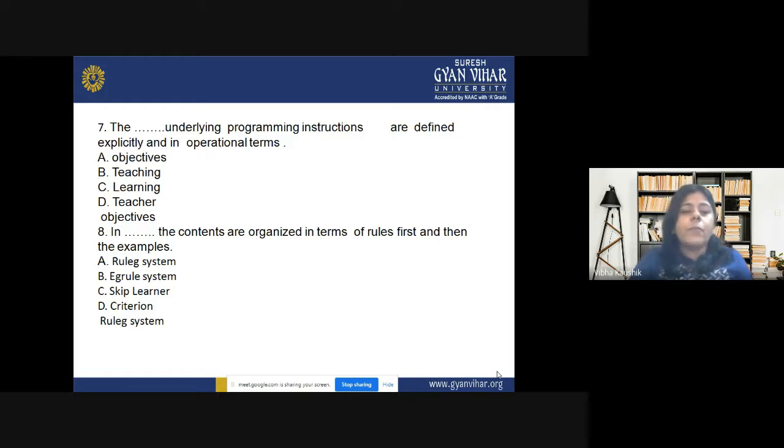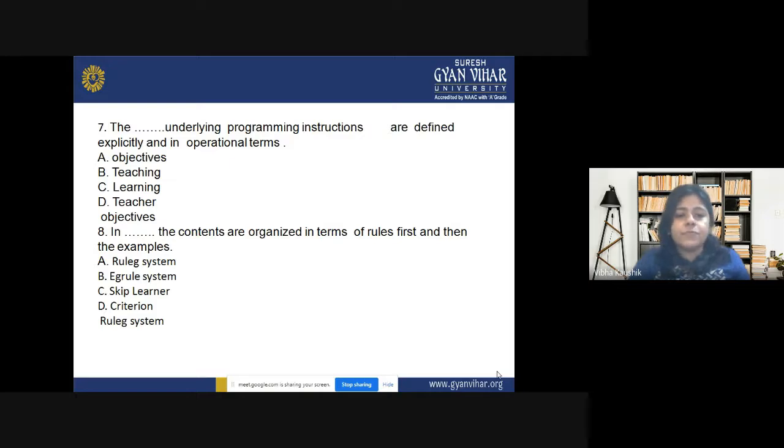So, the options are A objectives, B teaching, C learning, or D teacher. So, students, these are the options A, B, C, D. Now, you have to tell me what will be the correct answer on the basis of the given choices. Yes, the correct answer will be option A, that is objectives. So we can say that the objectives are underlining program instructions, and that they are defined in explanatory and in